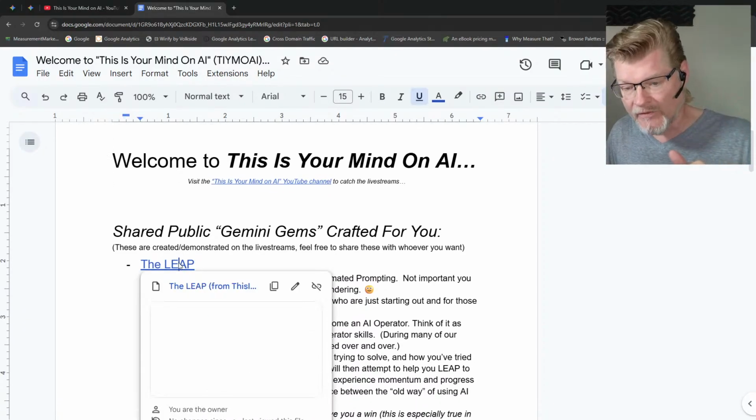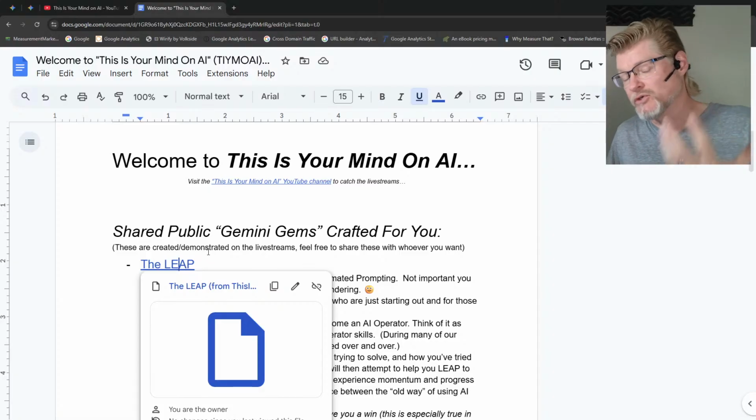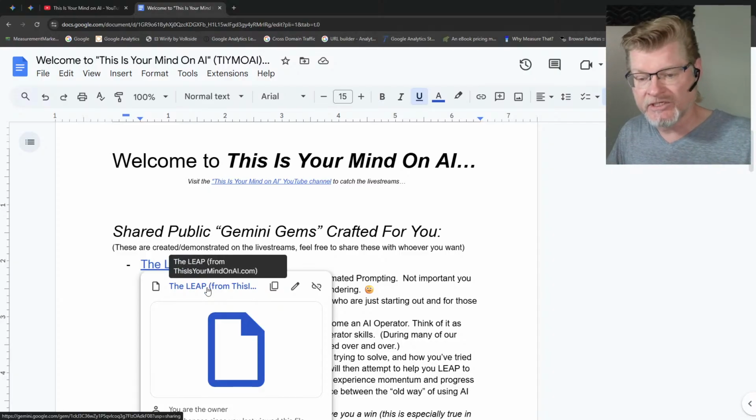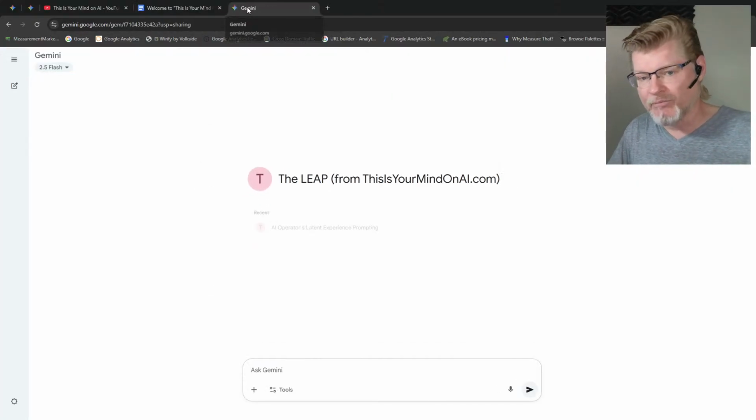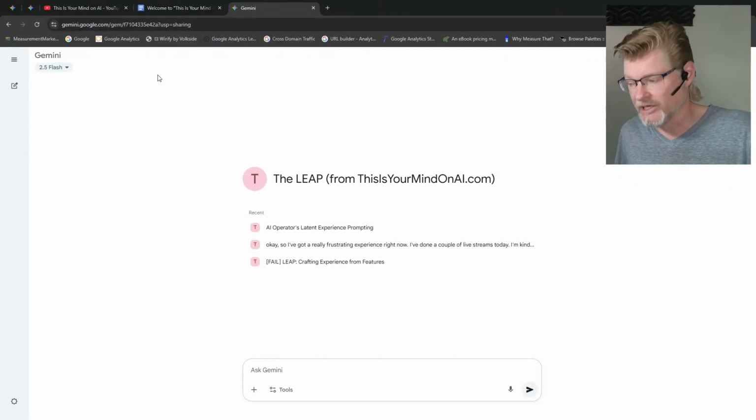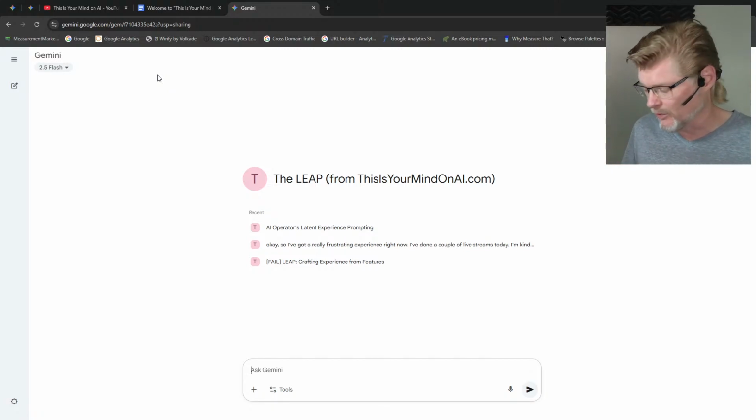You just click on them. And all you need to do is log into whatever Google account, in this case, because we're creating gems. But you can click on those. It goes into Google Gemini at that point, and then you can use a free account. Just create a regular Gmail account. That is literally all that we did.